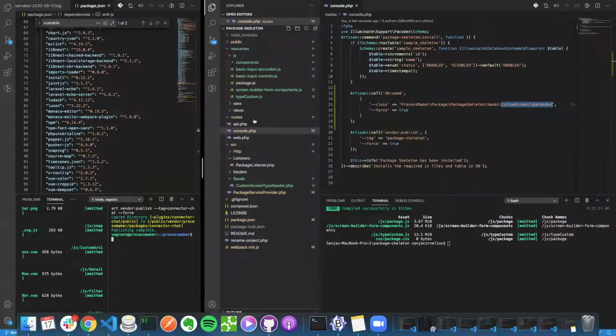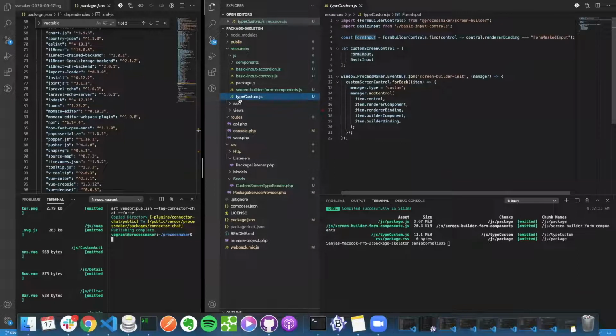Next, we need to create a new file called type custom.js under our resource.js directory. And this file does three things. Here I have an example of us using a control from Screen Builder called form input. I'm importing this form builder's control from Screen Builder directly. You would need to make sure you have Screen Builder installed in your package. And you could do that by running npm install at ProcessMaker Screen Builder. And then you'll be able to import any kind of